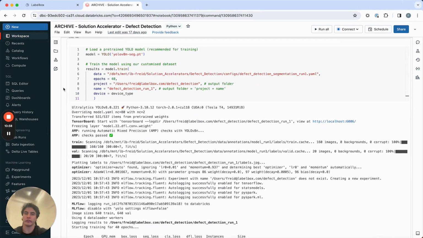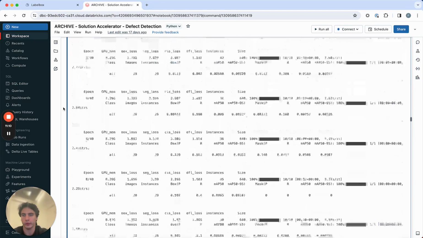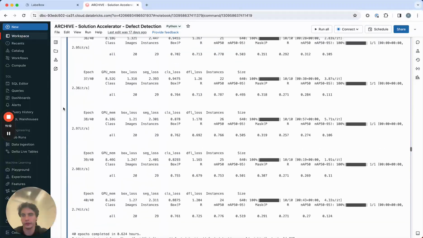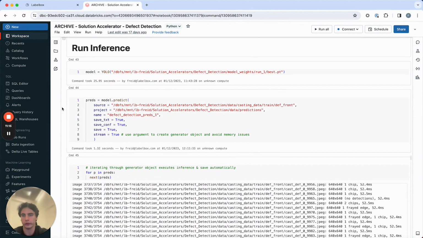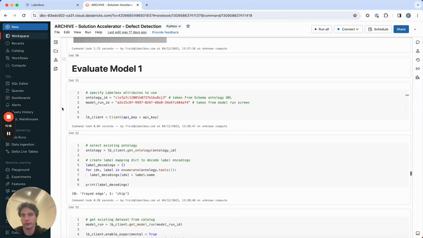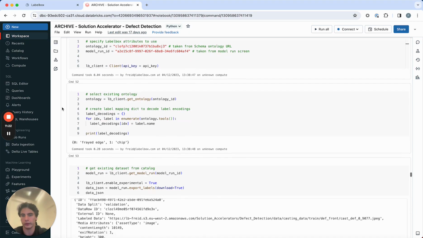In my case, I chose to train a YOLO segmentation model. After getting my annotation data in an appropriate format for the training, I then execute my training using the following lines of code. Once my model is trained, I can then use it to run inference on the data rows as follows, and then I choose to upload these data row predictions back to my model run for comparison against